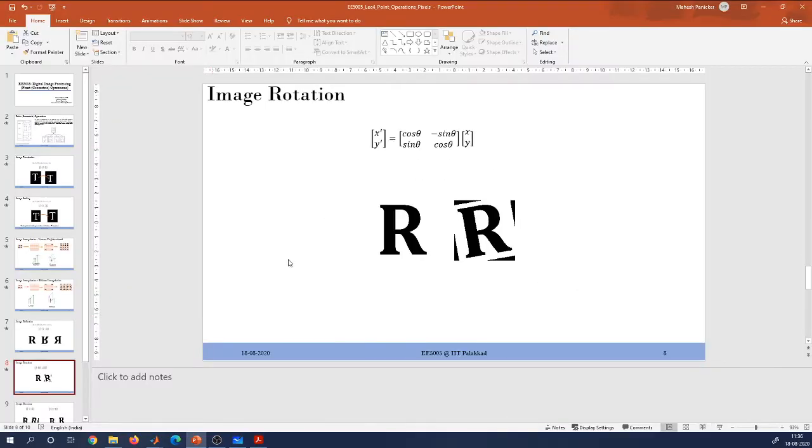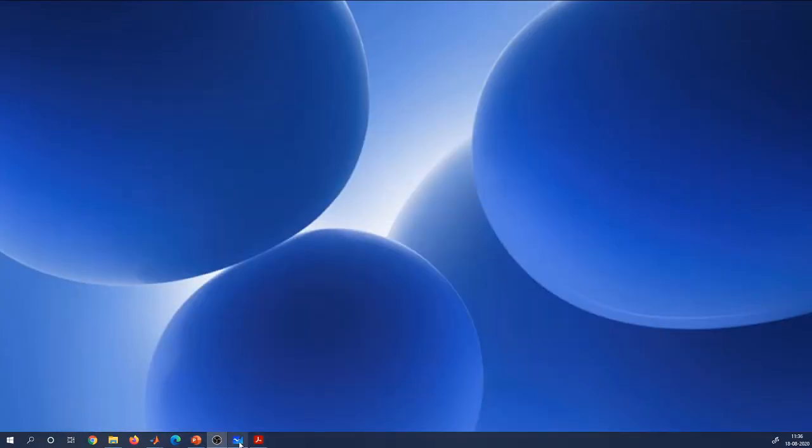One thing, I think if you are losing out the bigger picture: this x and y are not one value. x and y are all the pixel x and y locations in your original image, and x dash and y dash are all the new x and y locations in your output image, and they are related by this simple formula. And if you forgot this simple formula, how it is coming and all these confusions, let's derive it. So let me quickly go to the canvas and derive it for you.